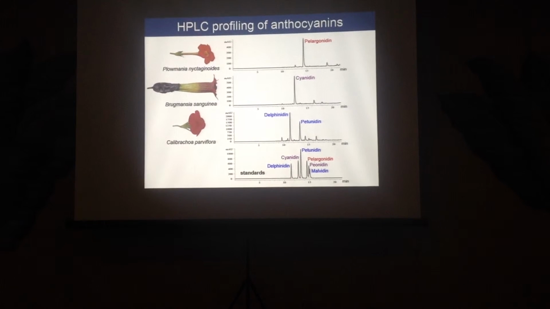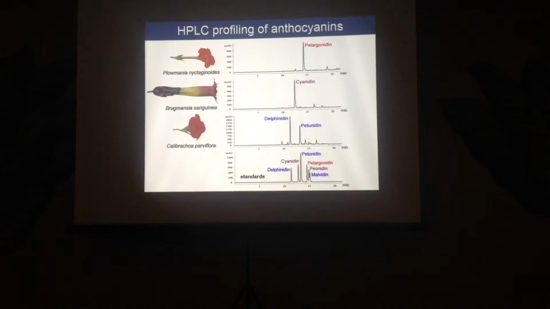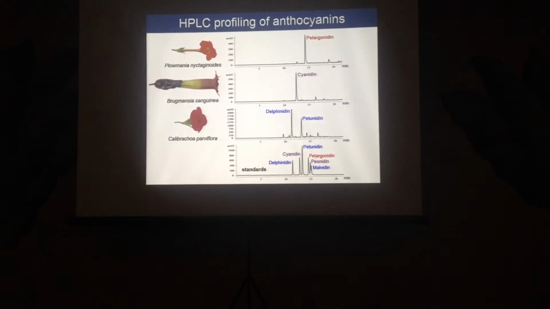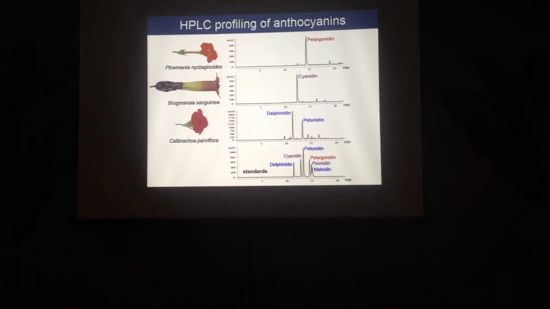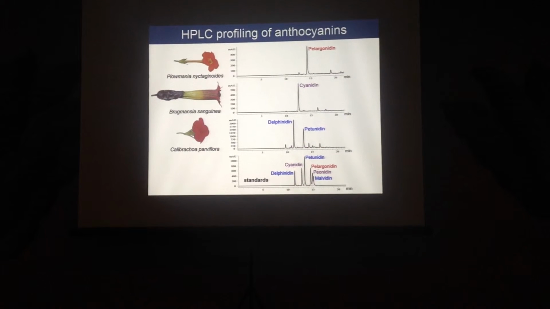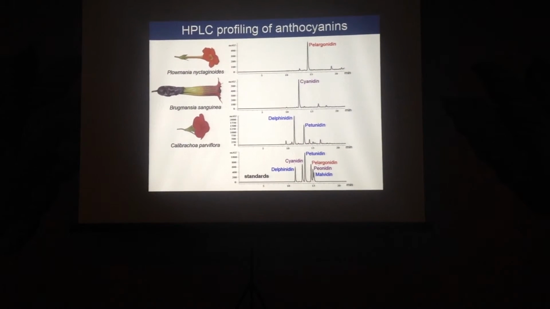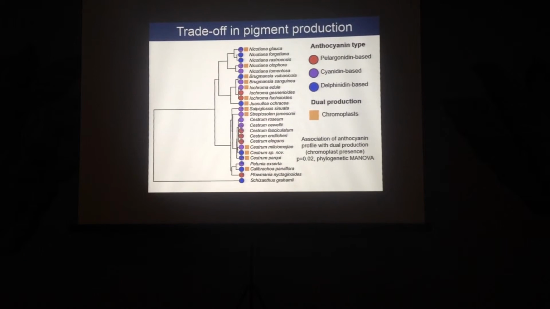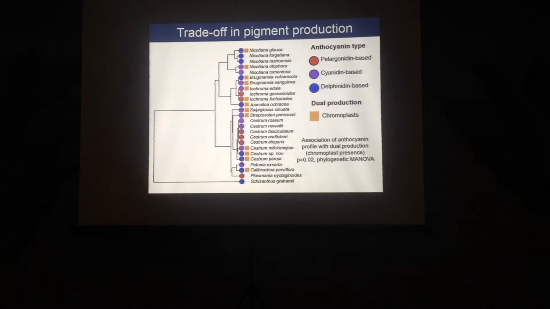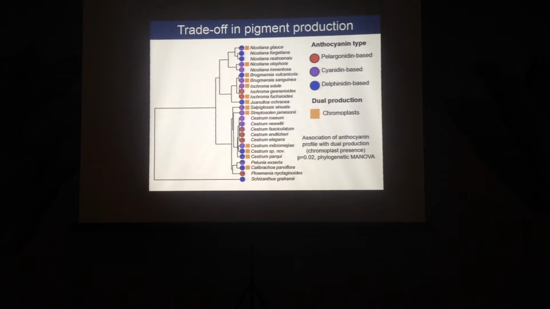So what you can tell already is that these red flowered things basically can make all of the different types. So dig around, everybody can make one or more of these things. So there's quite a diversity under there. But amidst that noise, we notice an interesting pattern, which is that the species that are making the